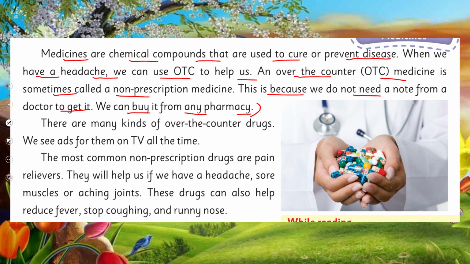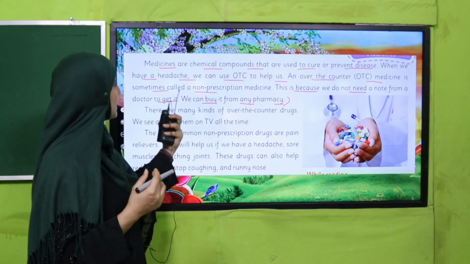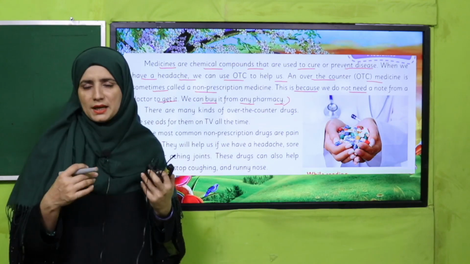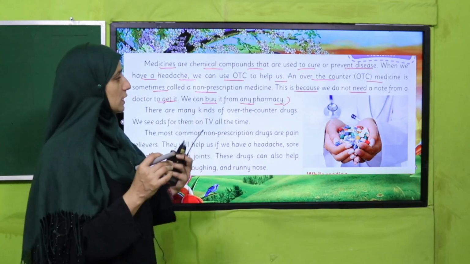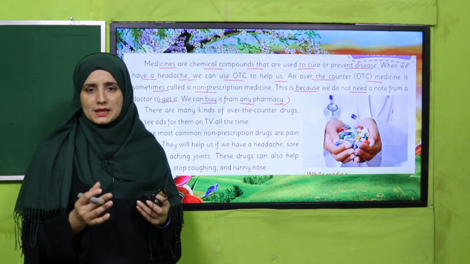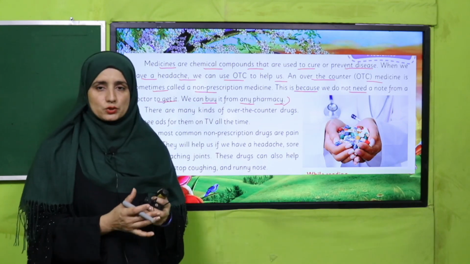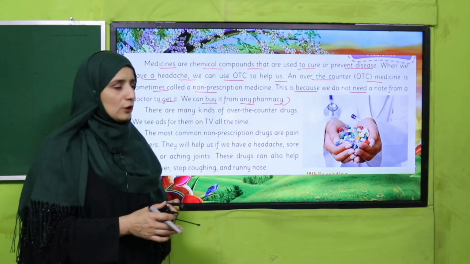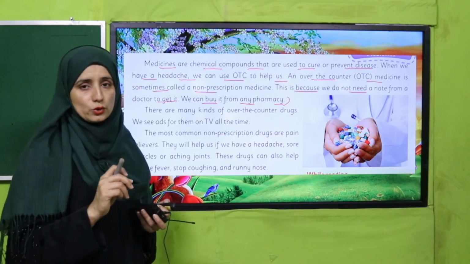So my dear students, ये पहला पैराग्राफ है यूनिट नंबर 12 का, तो इससे हमें क्या पता चलता है कि मेडिसिन्स वो होती हैं जो चीज़ें हमें अपनी बीमारी का इलाज करने के लिए हम यूज़ करते हैं, और ओवर द काउंटर मेडिसिन का मतलब होता है इसके लिए हमें अपने डॉक्टर के पास नहीं जाना पड़ता, हम ये मेडिसिन किसी भी फार्मेसी, किसी भी मेडिकल स्टोर से इजीली हासिल कर सकते हैं, और इसके लिए डॉक्टर का नोट नहीं चाहिए।